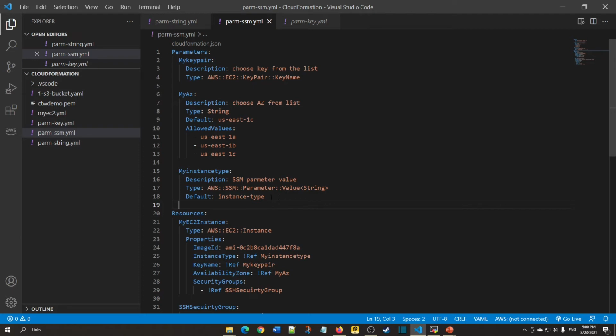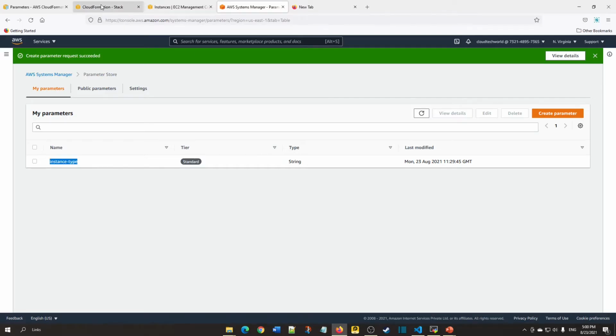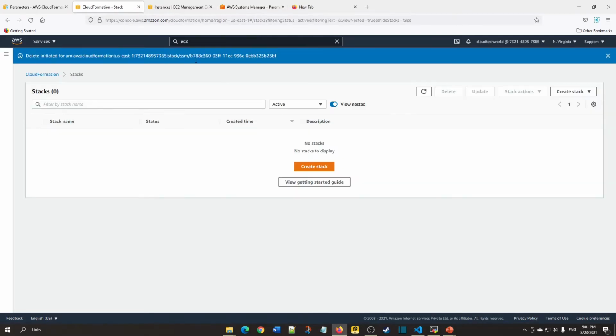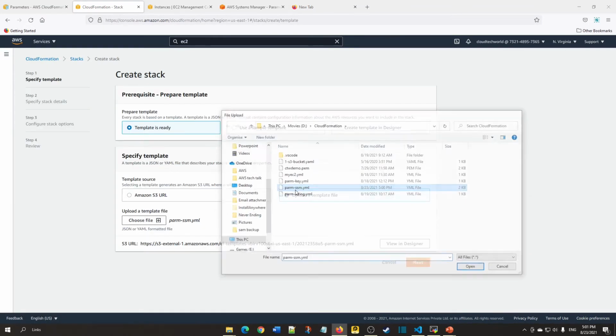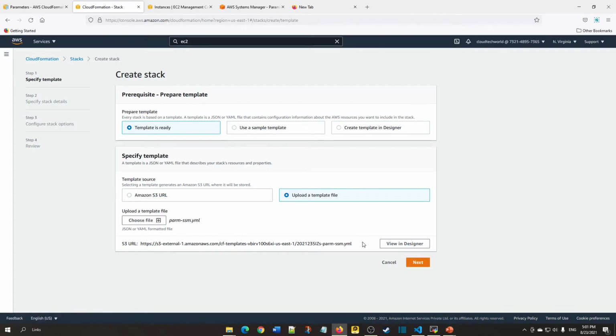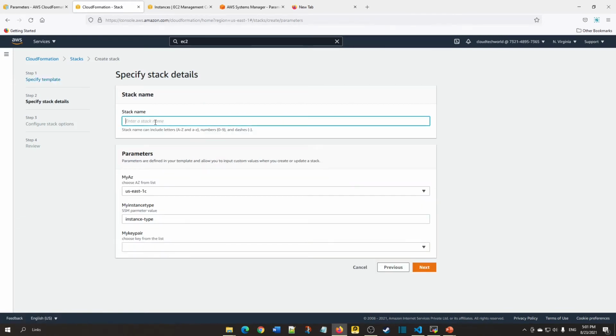Once you type this code, save it in YAML format. Now go to CloudFormation. Click on create stack. Choose the file. Click on next. Give the stack name.